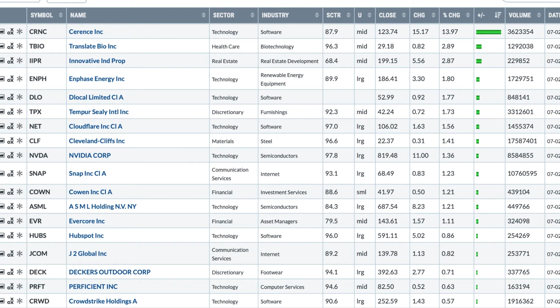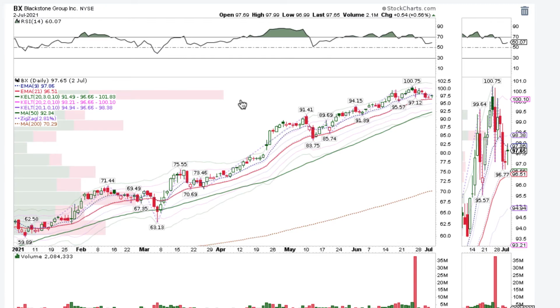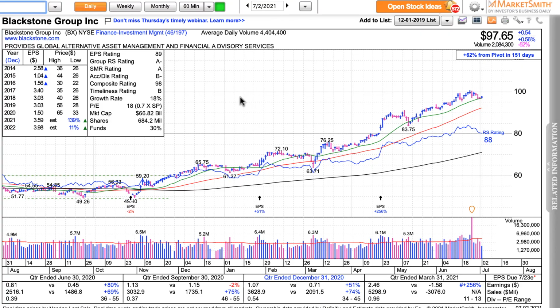Starting off with the IBD 50 ranked by performance, stocks that are moving higher showing relative strength in this group. And given the situation with the Nasdaq 100 rallying for 7 weeks straight, what I'm looking for are stocks that are trending that have recently pulled back, like Blackstone Group in the financial services and asset management advisory group, noting the bullish